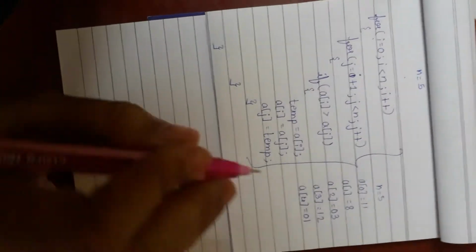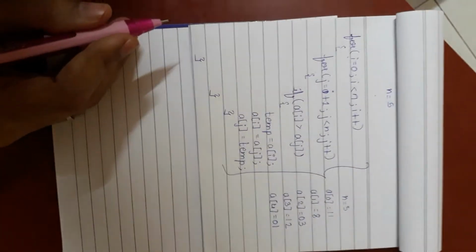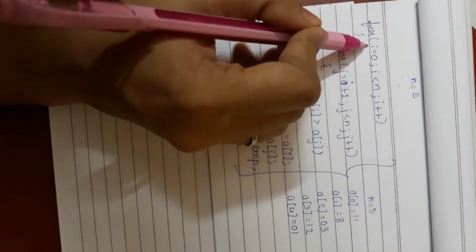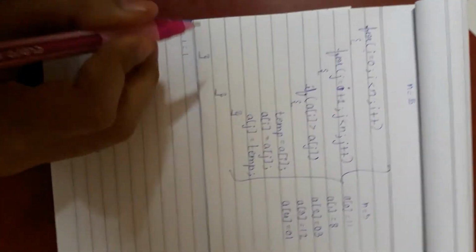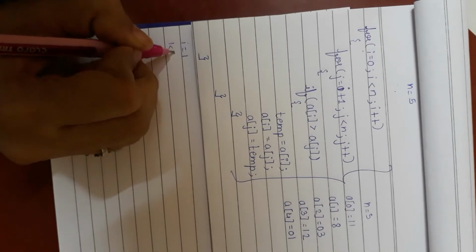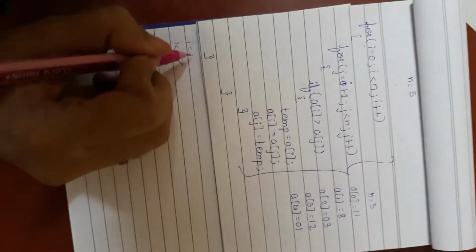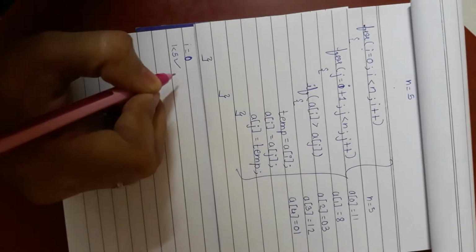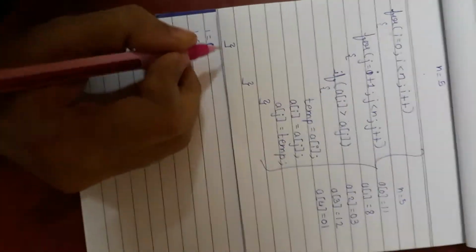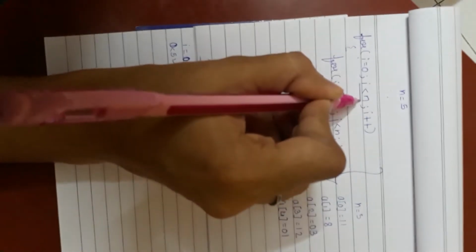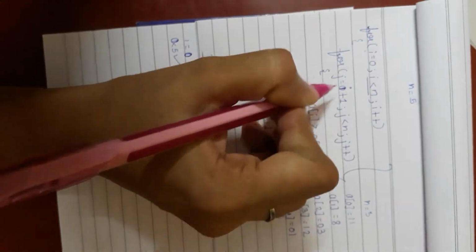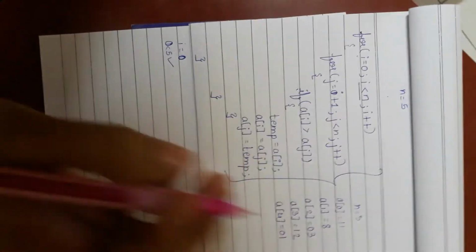So this array I am taking as input, and now we will see how the array will get changed because of this particular logic. Just see here, I have written i equal to 1, and the condition check will be there: 1 less than 5. Yes, the condition is true. Sorry, i equal to 0 we have taken. So i equal to 0, then 0 less than 5, the condition is true. If this condition is true, we will enter inside the for loop. We have just entered this second for loop, the j for loop.